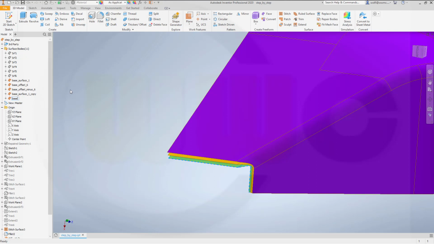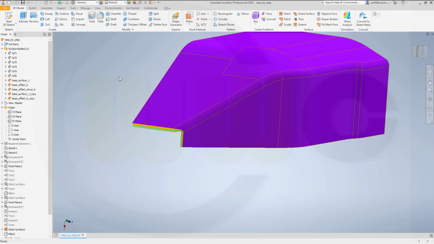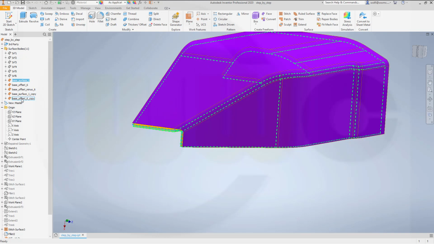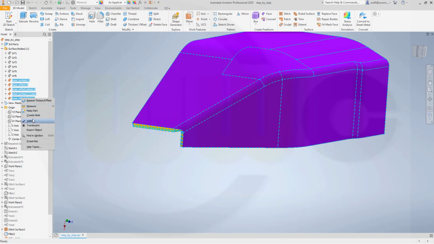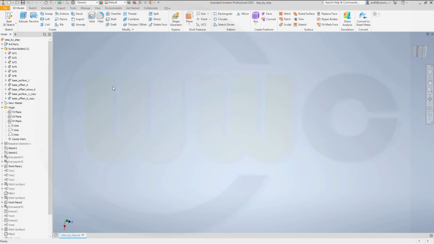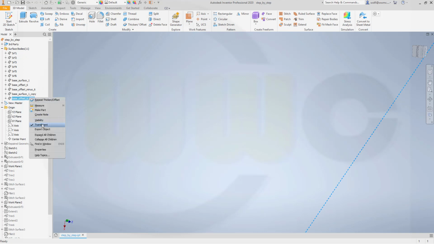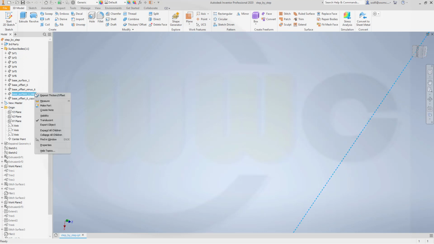Base offset 6 copy. Now let's hide all of them. Great, and maybe this one is still translucent. Okay, that one is translucent, so okay,